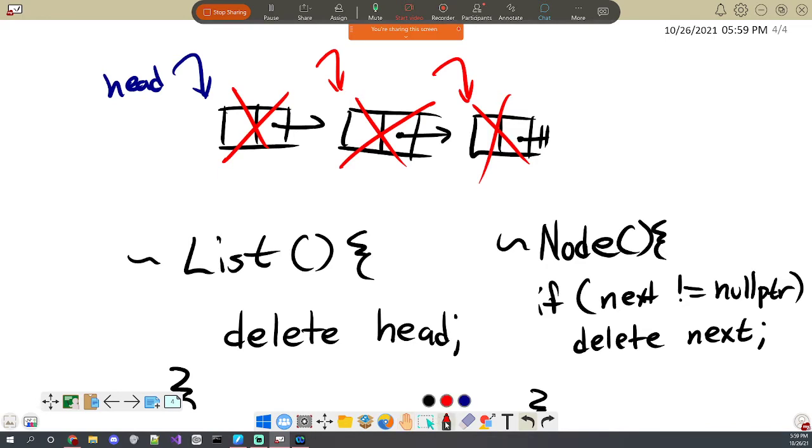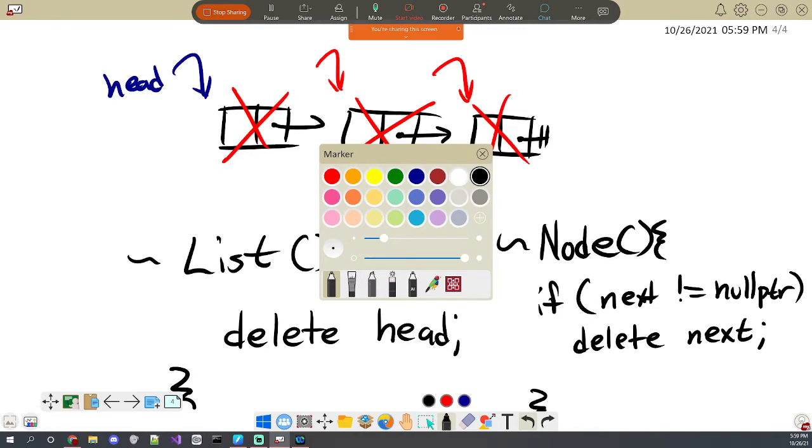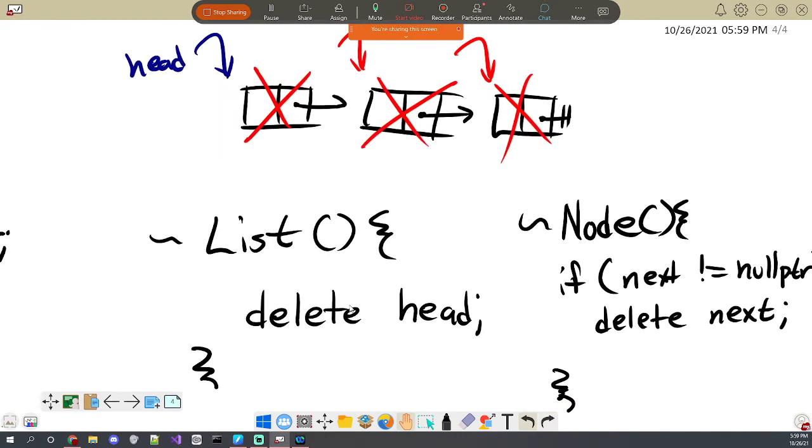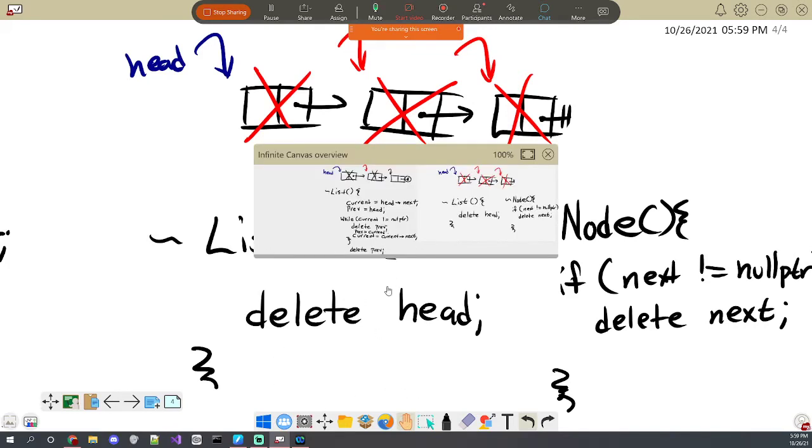And again, just to go back to harping on about recursion, this means that base cases don't have to be something super hard to find like a constant, and that our reduction operator doesn't have to be subtraction or anything super conventional. In this case, the reduction operation is deleting the next node. So the delete keyword can also be used to do recursion. And reduction operations don't have to be super straightforward. Okay, so that's just one extra note about linked lists.